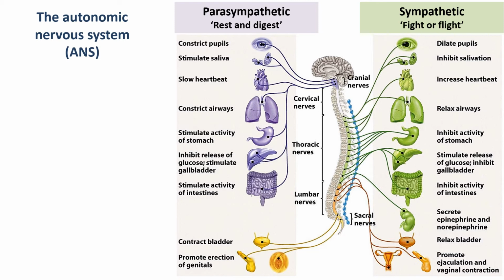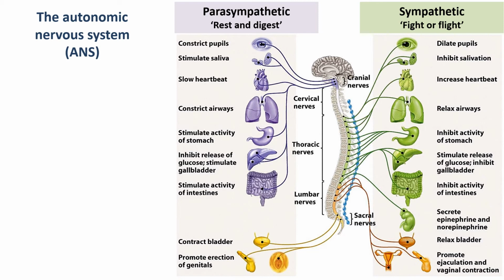And it works a bit like a seesaw. You don't switch one off and switch the other one on. What you have is a situation, and we'll come across how this is regulated intracellularly when we look at cardiovascular, where you have like a seesaw of effects. So there will be a slight increase in the parasympathetic and a decrease in the sympathetic. That will make everything slow down. There will be a slight increase in the sympathetic and a decrease in the parasympathetic, which will make everything speed up. So it's a constant regulatory system,